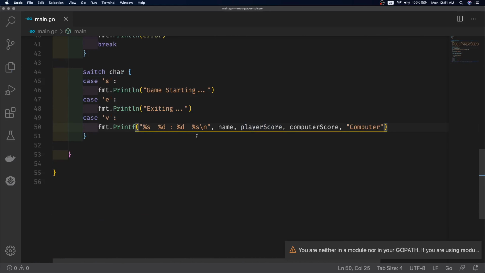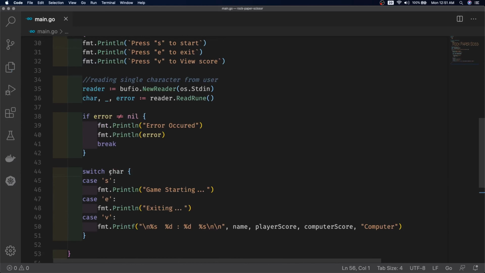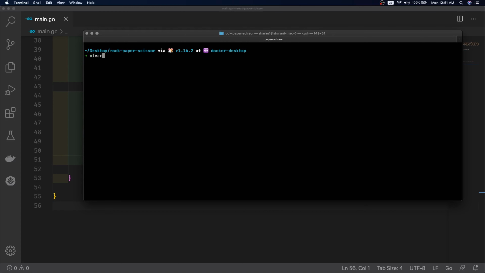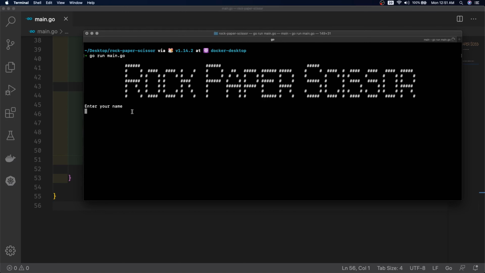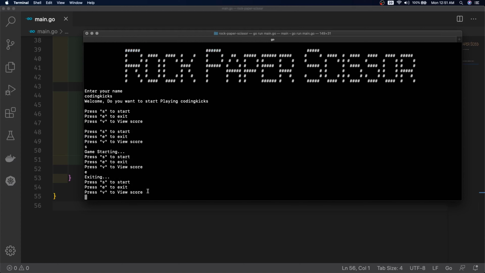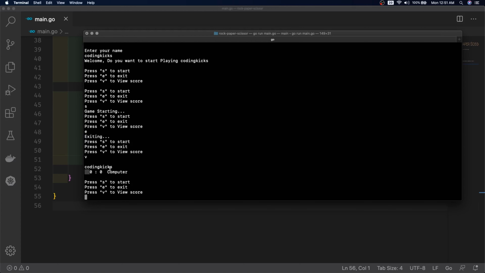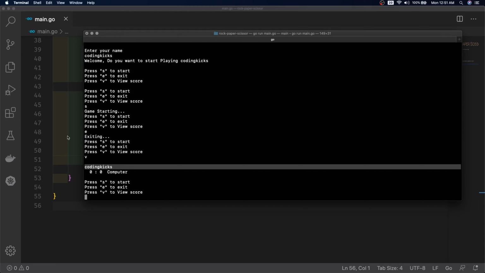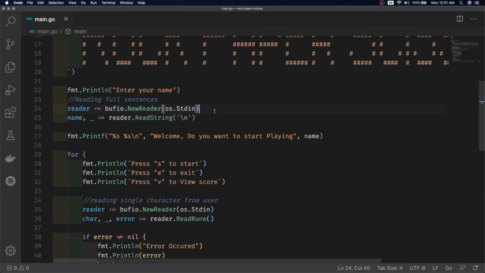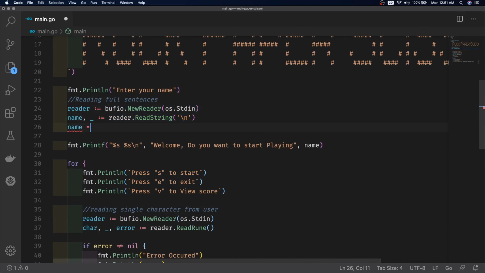Let's add new lines before and after, two new lines, and run our program. Just type go run main.go, typing my name, then simply press S, game starting, E, exiting. Here in the score, we can see one problem. As the name took the whole line at the terminal, we can solve this problem by replacing \n in our string.